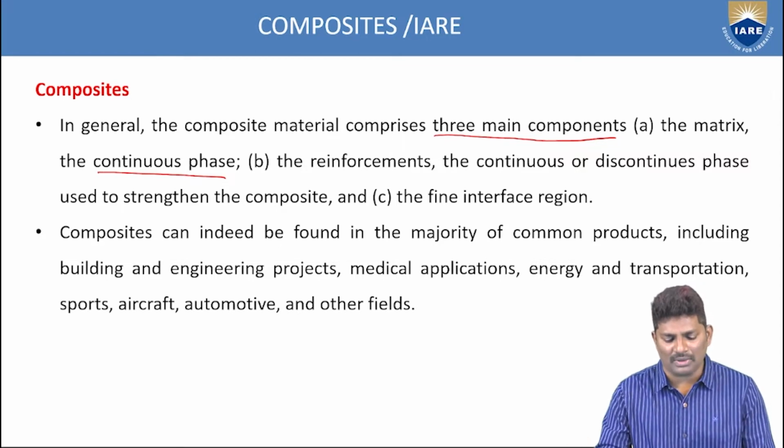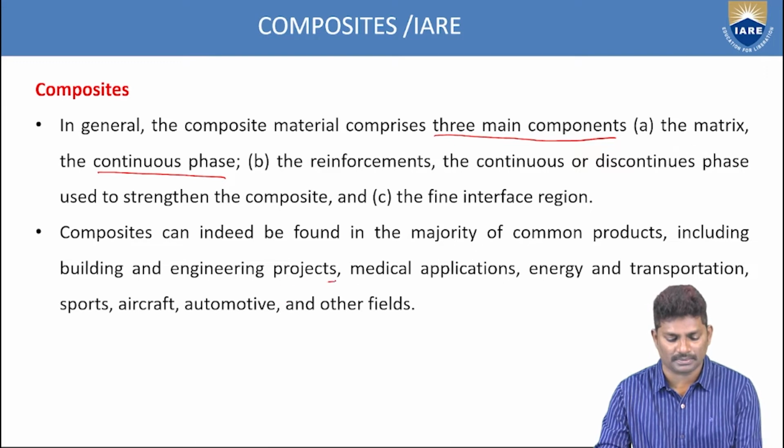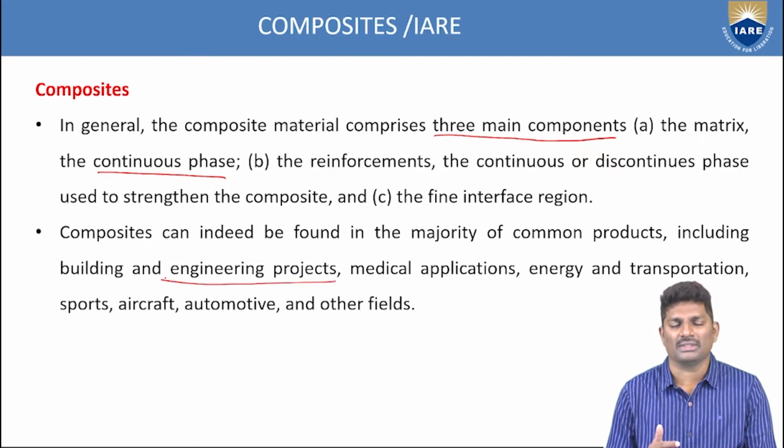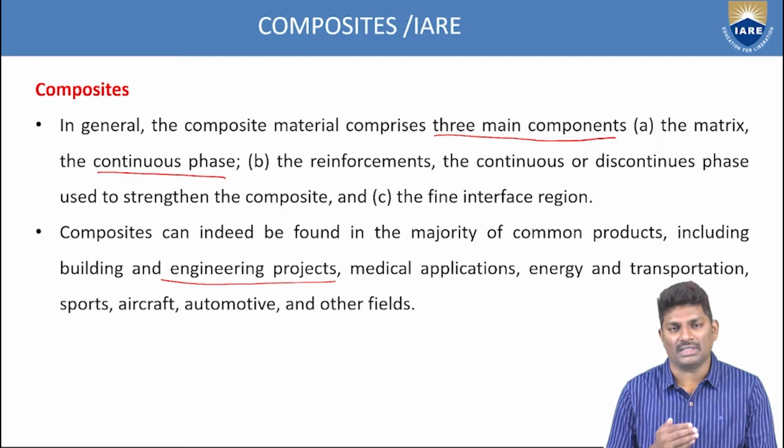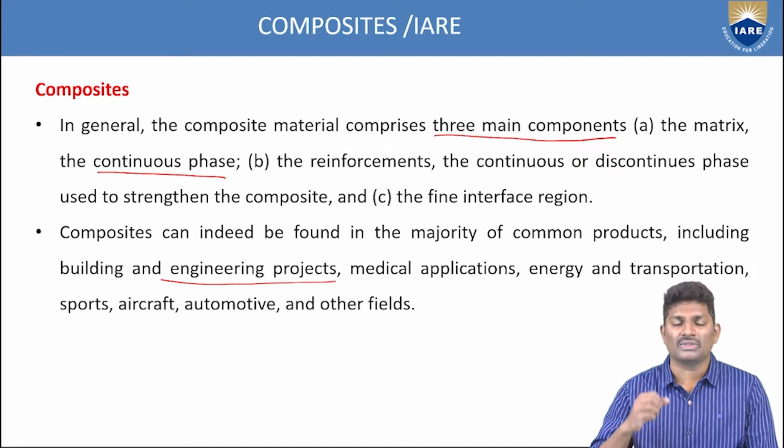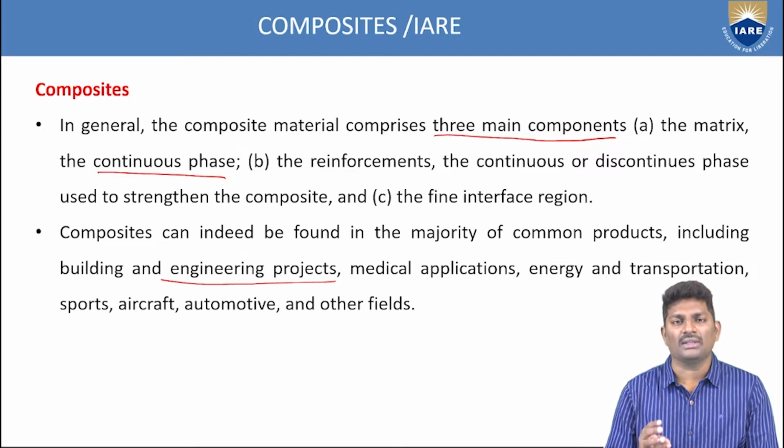If you take an example of any engineering project, it does not consist of a single material. Take a construction building: in that we have steel, concrete, sand, cement. We mix all these materials and make them into a single column. This single column consists of different materials, so it is a composite material. It has steel, concrete, cement, and sand. You are mixing different materials to look like a single material. That is one of the examples based upon construction.